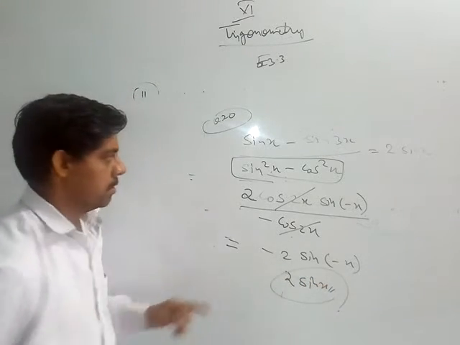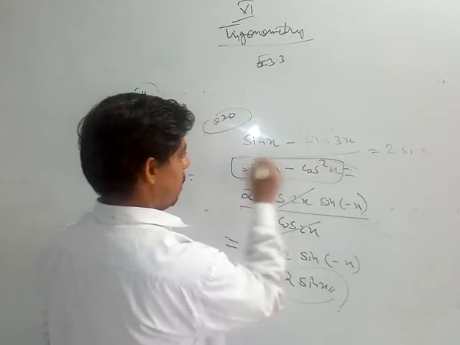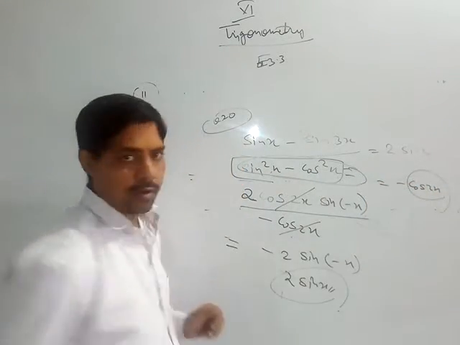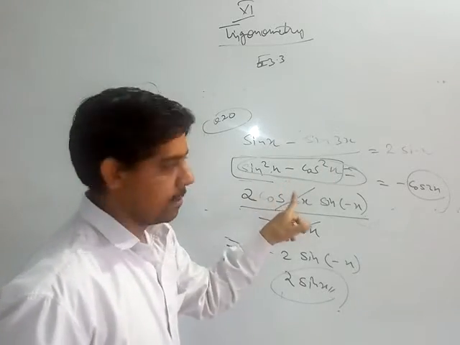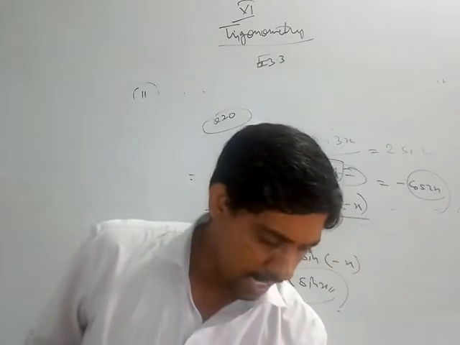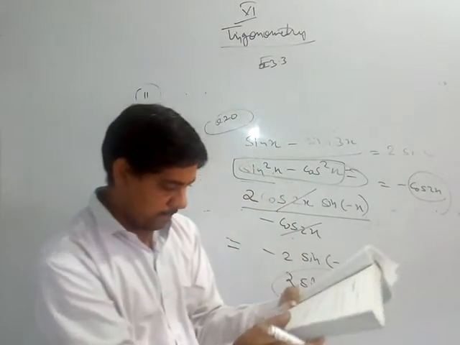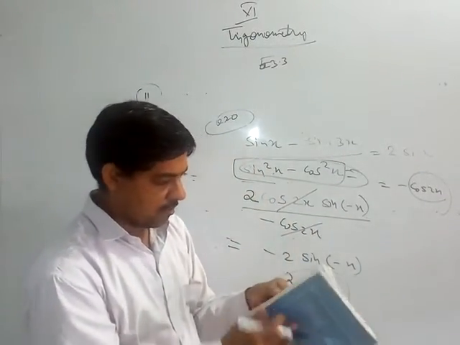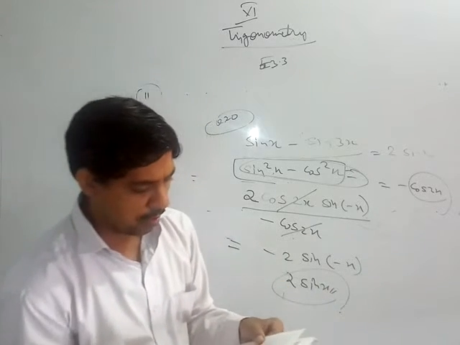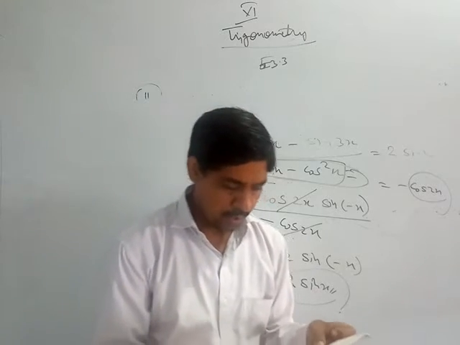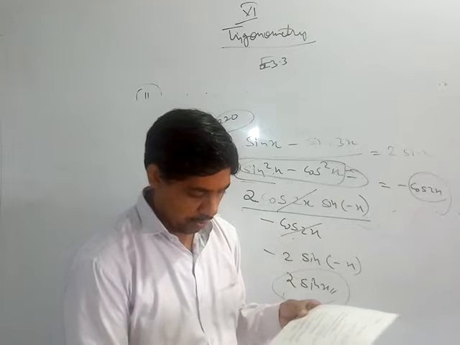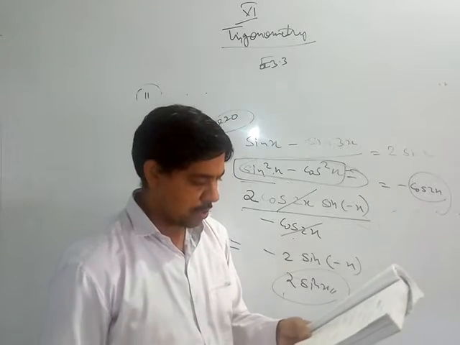Simple identity. This one is equal to minus cos 2x, because what is the identity for cos 2x? Cos square x minus sin square x. It is sin square x minus cos square x, so this is minus cos 2x. So that is the identity that we have done here. Now the remaining work is your question number 21 to 25. You have to try using all the identities that we have given you. Learn the identities and try this work by yourself. Only when you try will you be able to solve them.